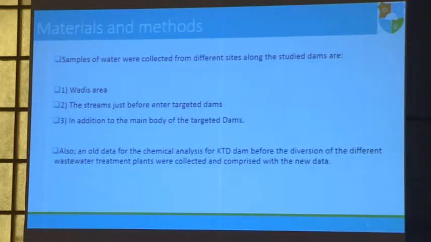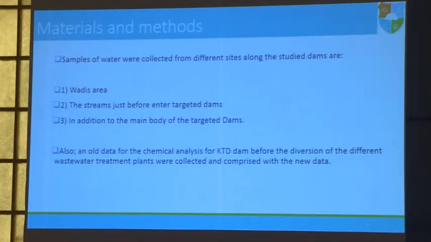So now these two dams receive surface water from two different rivers, and these rivers receive treated wastewater. The objective, as I said, is to evaluate the effect of this mixing on the water quality of the